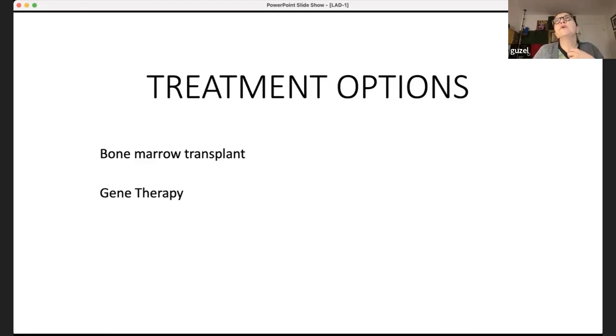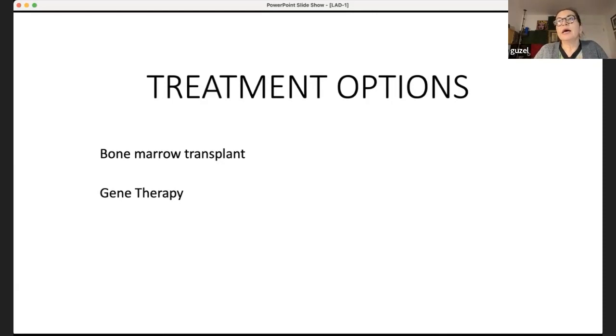In, I think, the early 2000s, there was a trial out of Seattle, and several of my patients that I got involved with tried this gene therapy. They were able to see a transient increase of CD18 expression, but it didn't last long. So it was a very temporary gene therapy, early days of gene therapy. Now,